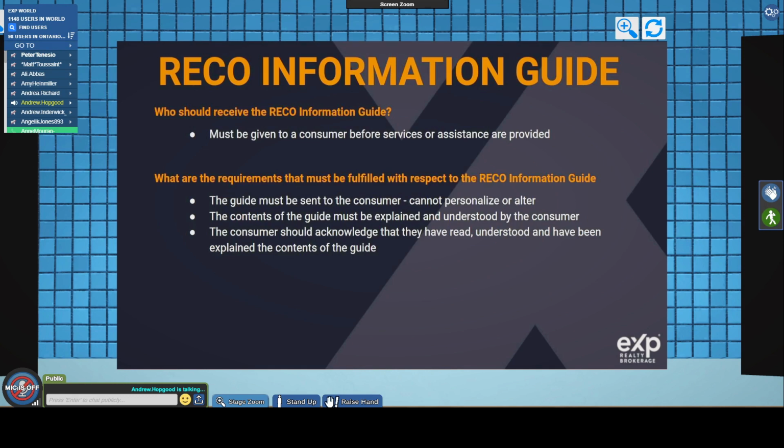Anyways, the contents of the guide must be explained, right? And understood by the consumer. I almost said the other bad word. By the consumer, okay? Then third activity in that process is that the consumer needs to acknowledge that they've read, understood it, and has been explained to them. Okay, so those three things: sent it, explained,